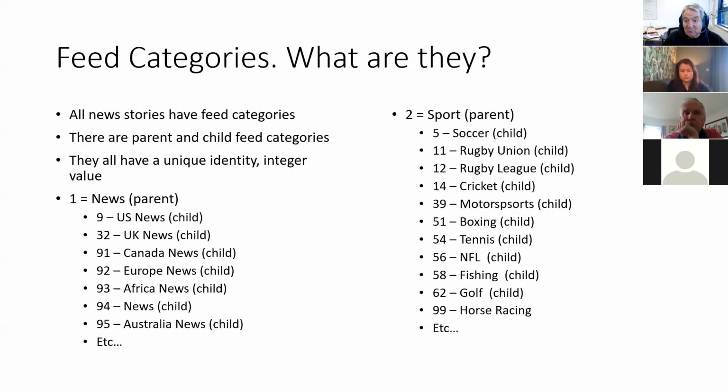And this is an important thing in how we do the searches. When we do the searches of the database, the way it operates at the moment is it has to be the combination of a feed category and the match keywords that we're searching for.